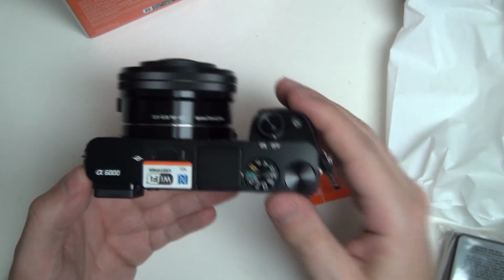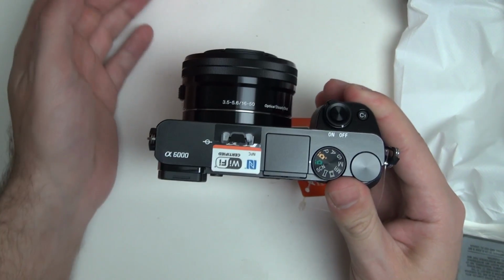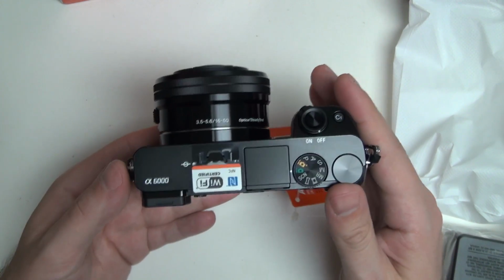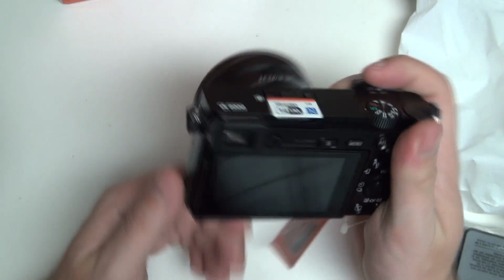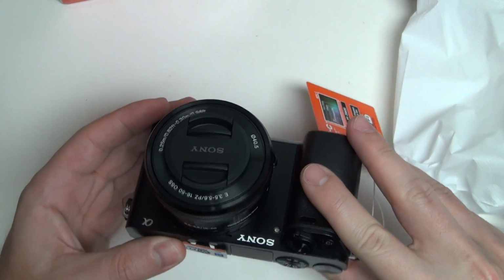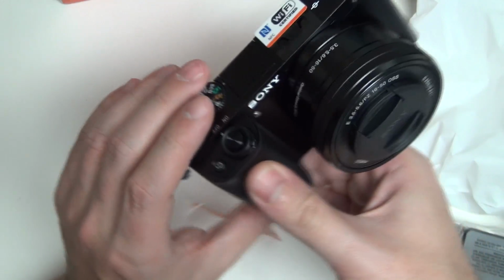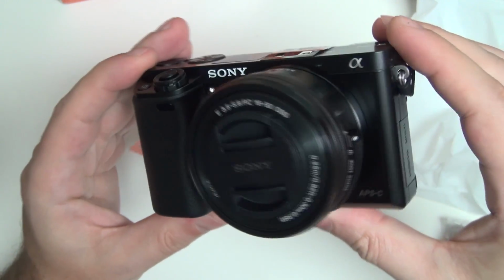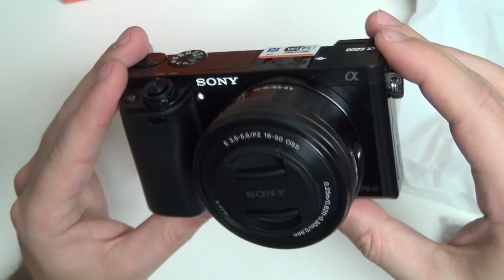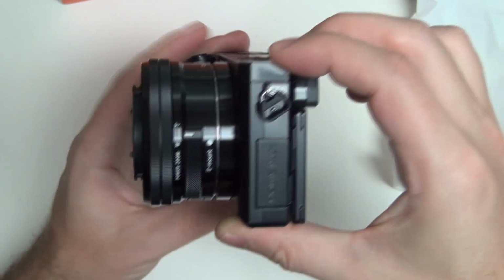So that's something that a lot of people, I won't say are complaining about, but are noting. In my opinion, right now, out of the box, the camera has some nice weight to it. It feels substantial. Considering that anyone had anything negative to say about build quality, I'm kind of surprised. I do understand where they're coming from in terms of wishing that the metallic build of the NEX7 or even other models was here, but I have to say I do like the fit and finish